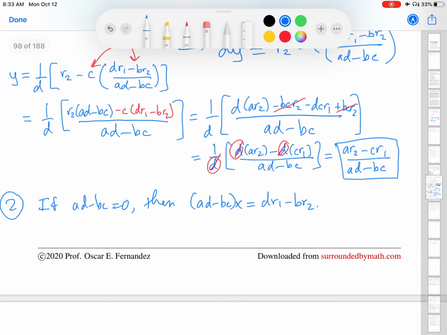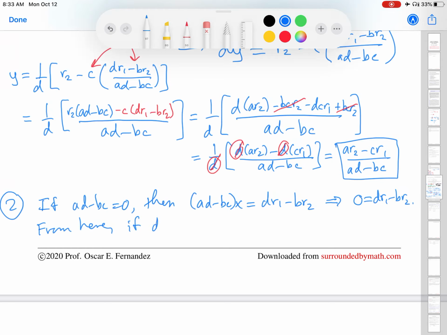Let me finish this sentence. If AD minus BC equals 0, then this equation implies that 0 equals dr1 minus br2. Okay, and this is kind of as far as I want to take it. From here,